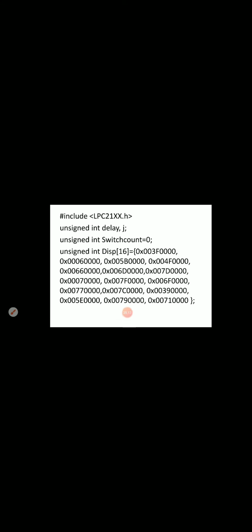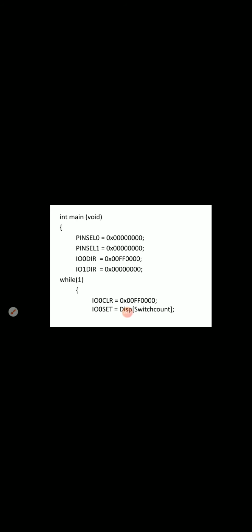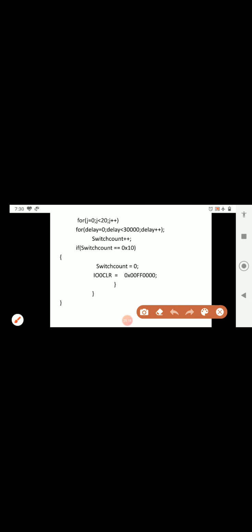And once again you can see that IO0SET we have written. That 0 represents again port 0, and for that we are setting it to display switch count. Okay, you can see here what the display switch count is. So this switch count is here, you can see.